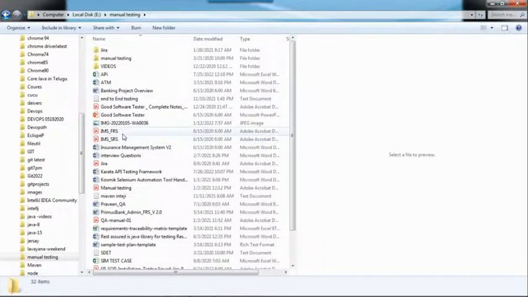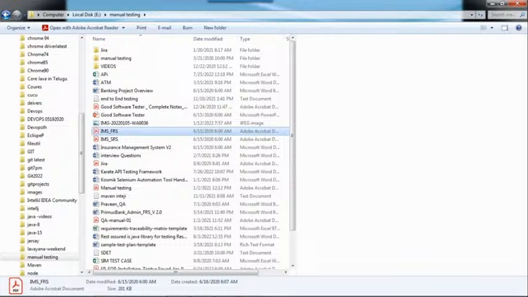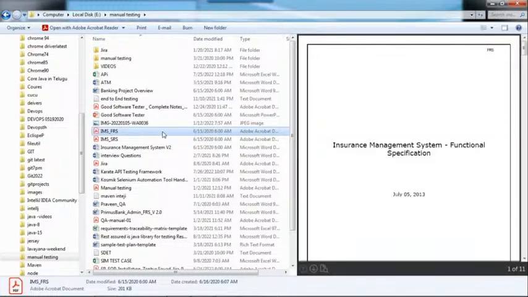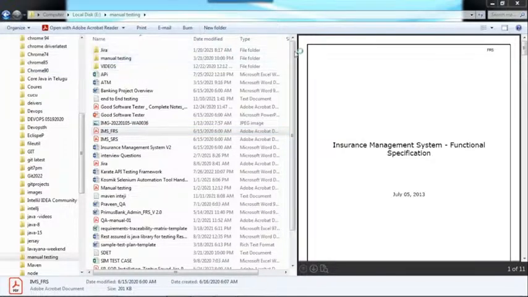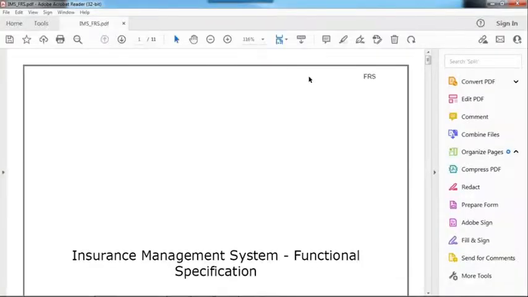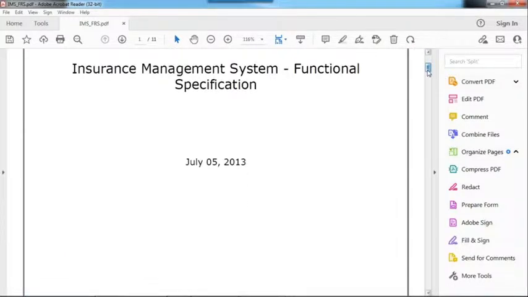They will provide the FRS. Now we need to test that application. How do we test it? They will provide you the requirement specification document.